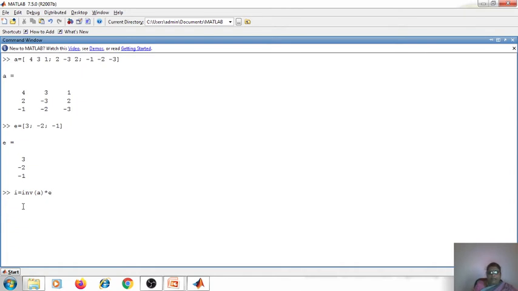Then you are going to get the answer. See here, the first one will represent I1, the second one will give you I2, and the third one will give you I3.